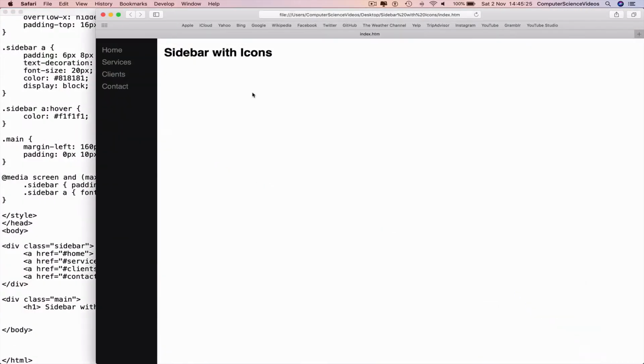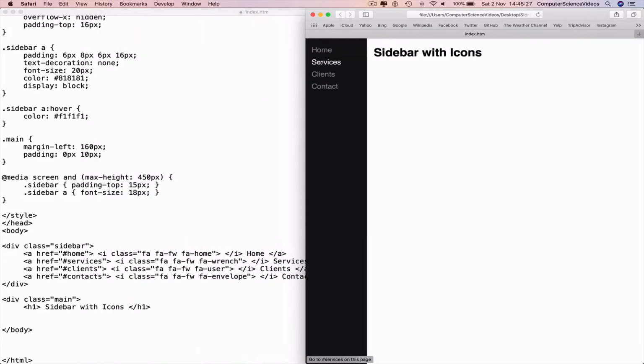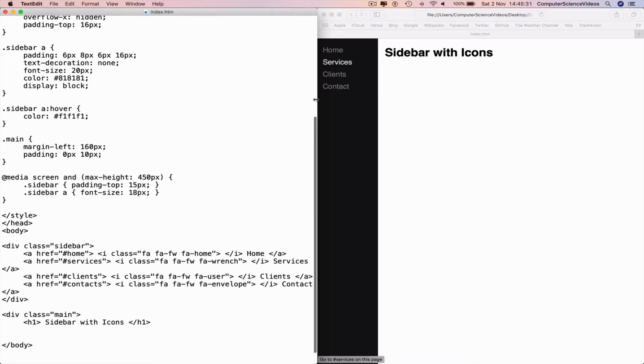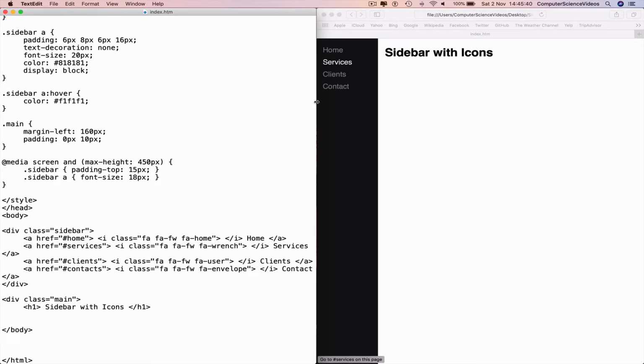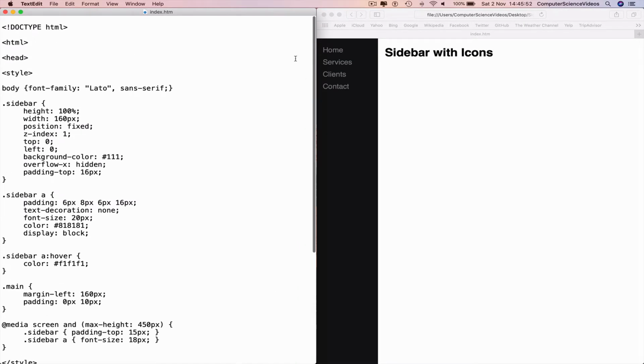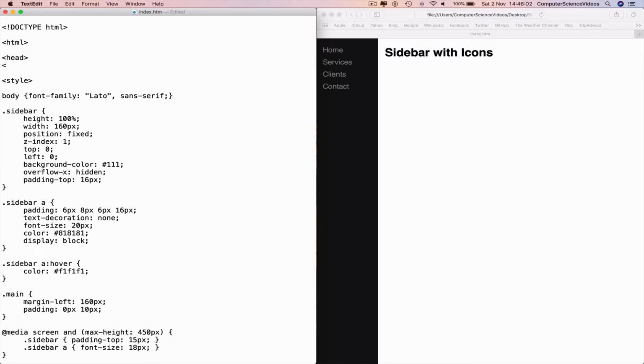minimize Finder, decrease the size of the web browser, decrease the size of the text edit file, and then we can see both windows at the same time on a simultaneous level and then work on a concurrent level. If we go back to the web browser, we can see that we have the navigation bar on the left hand side. What's missing is only the icons that we require, so we can go all the way to the text edit file,